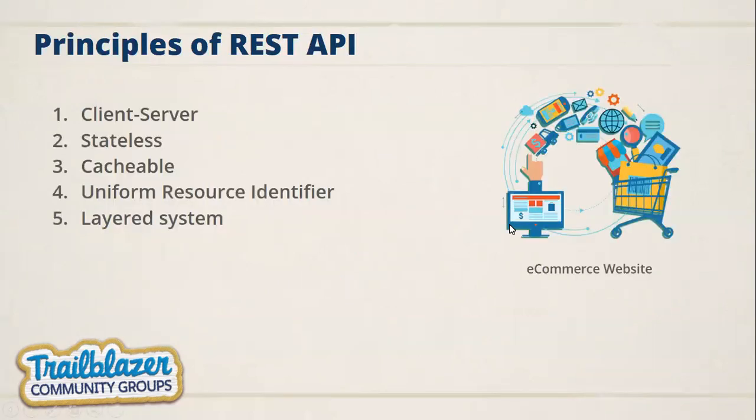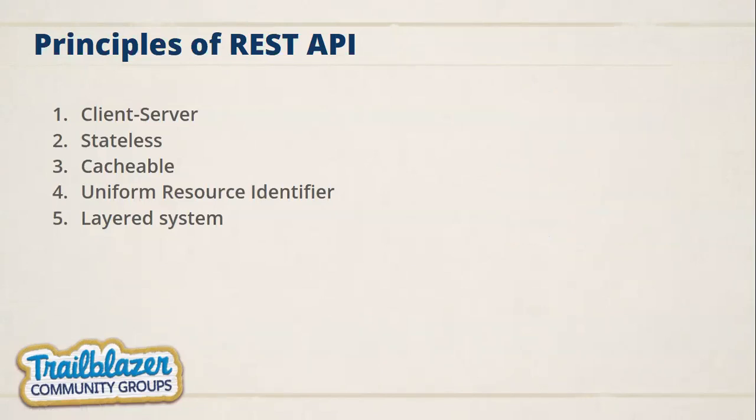So what are the principles, or how can we connect with a REST API? These are 5 important principles for creating a REST API. Client server. What is client server? Whenever we create a REST API, client and server should be separate applications. They should not be dependent on each other. When the client needs a connection to the server, it needs only the endpoint URL and the authentication key. Other than those 2 details, the client should not have any other detail about the server.